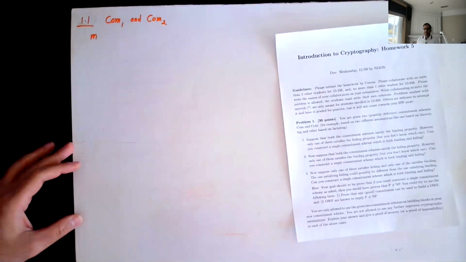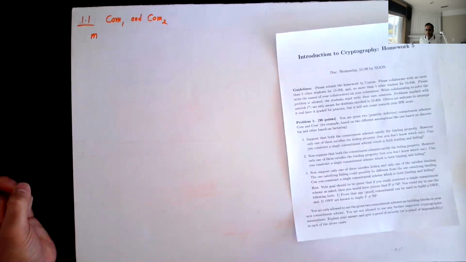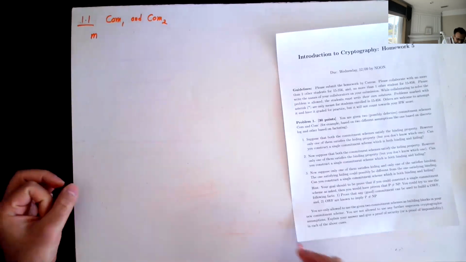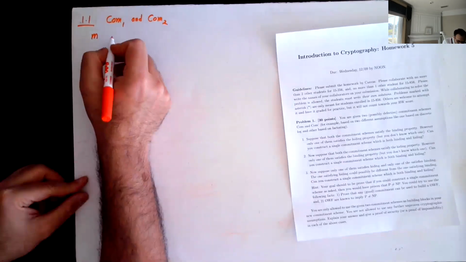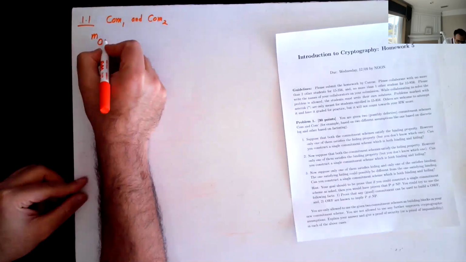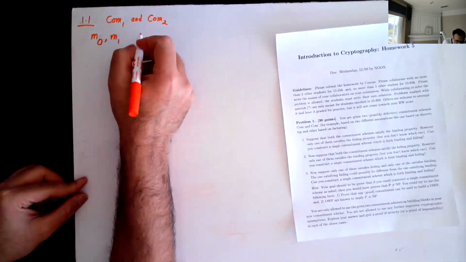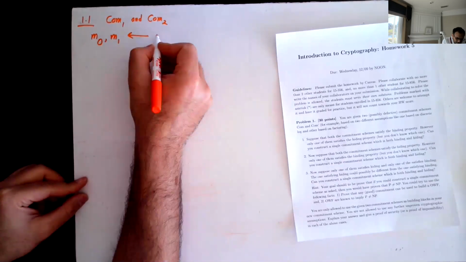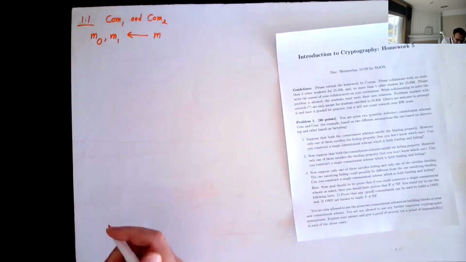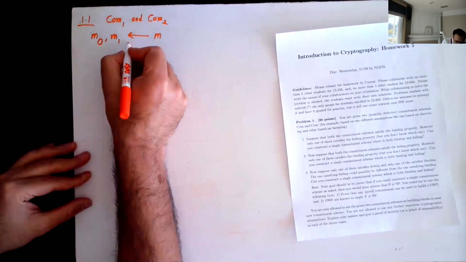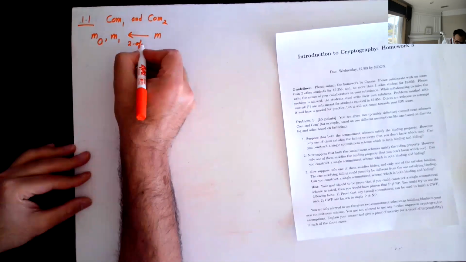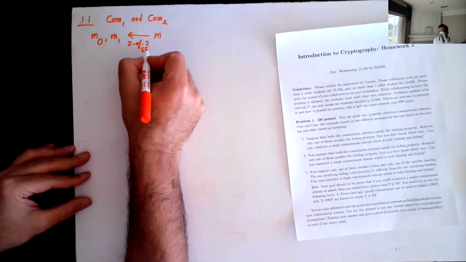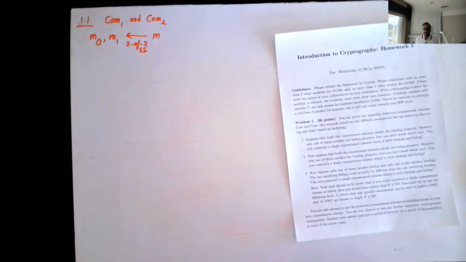so here the idea is we will use just a 2 out of 2 secret sharing scheme. So we will divide our message into two parts, M0 and M1, given M, and we will use a 2 of 2 secret sharing scheme. So what this means is that even if one of the shares is leaked, you have no information about the actual message, right?